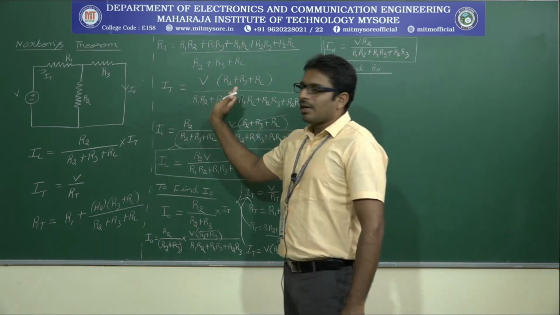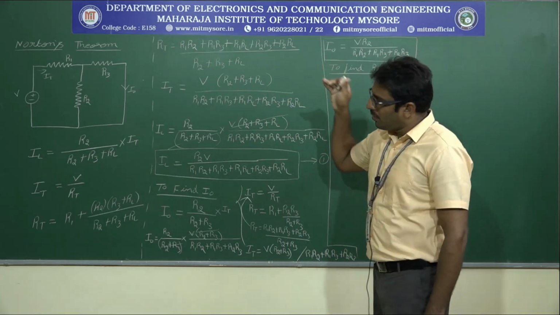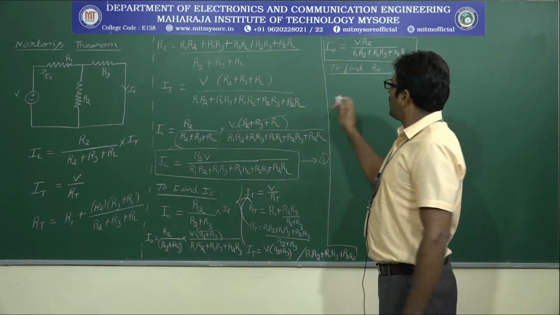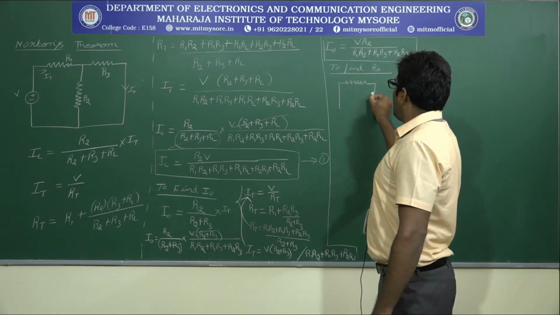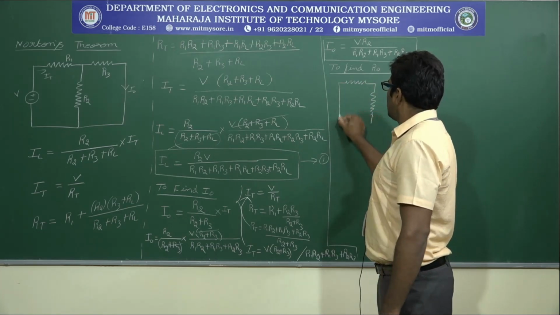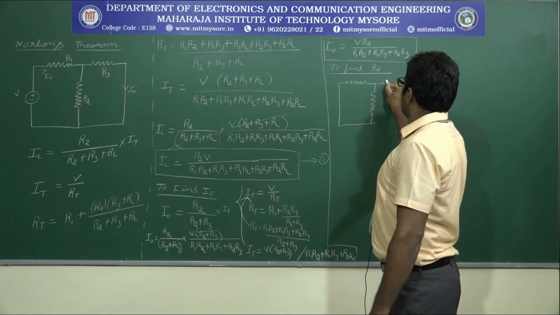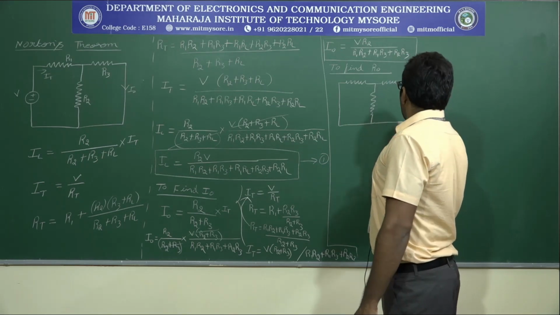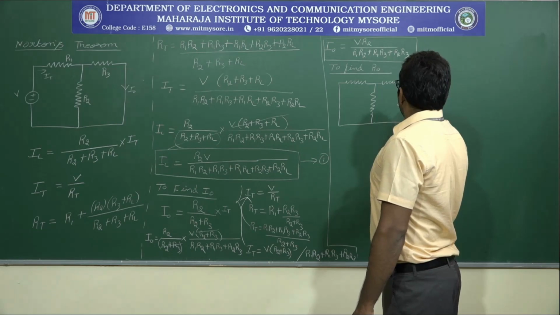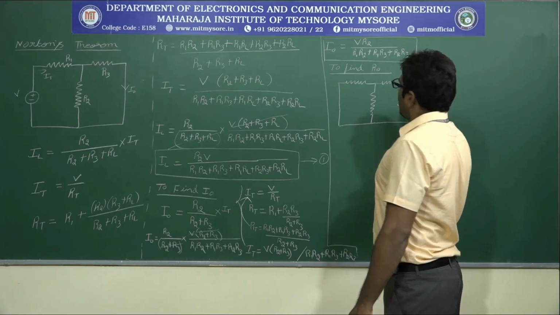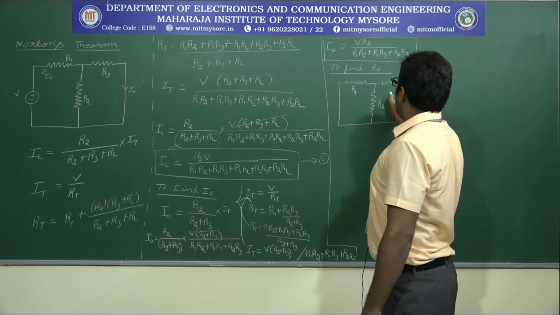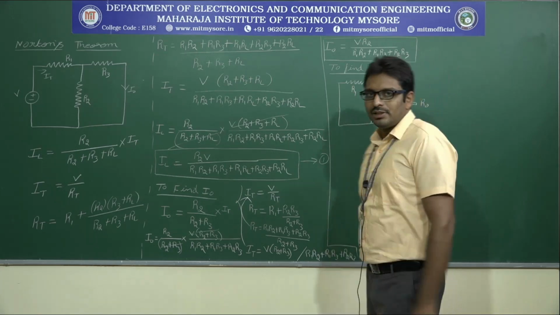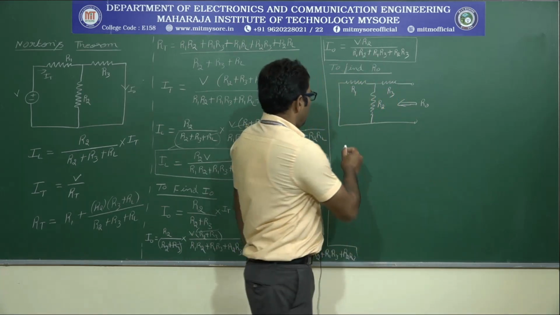Remove the load terminals and view from the load terminal by replacing all voltage sources by short circuit and current sources by open circuit. This is the circuit to find R naught, with R1, R2, R3. Is that clear? So R naught is equal to